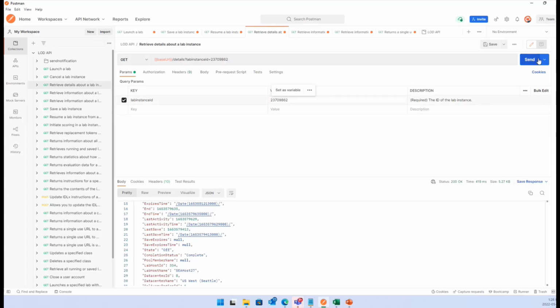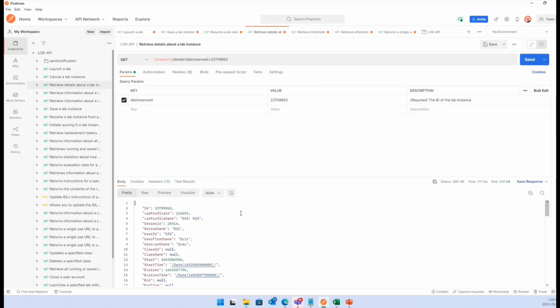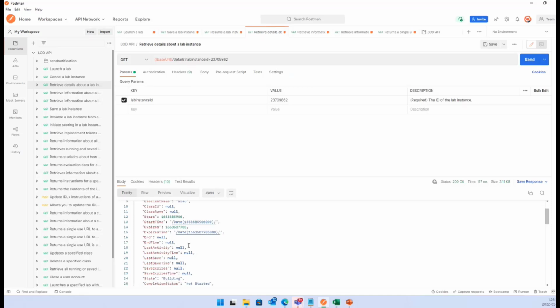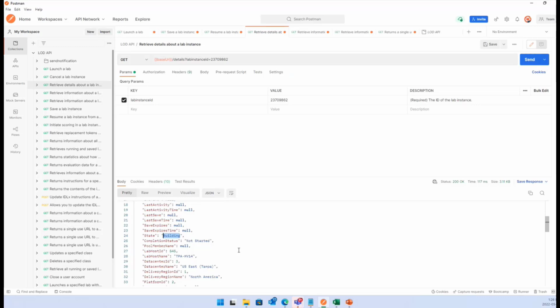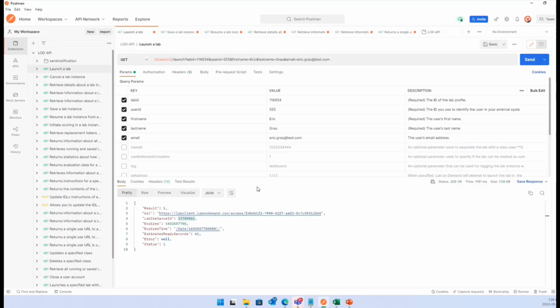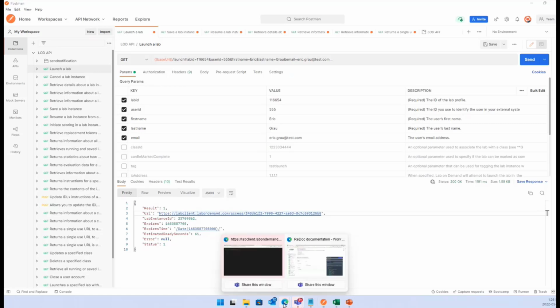I can actually put my lab instance ID in, and now you can see that Eric Grau was the person that launched it, okay? And the state is building, okay? So what does that mean? That means it hasn't actually started yet. So it's in the building process. If I come back to the actual URL that was exposed and I open that up,